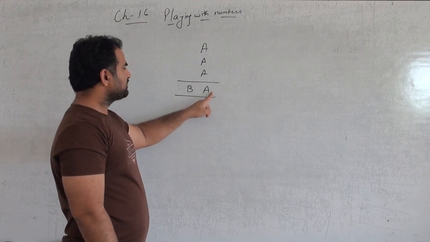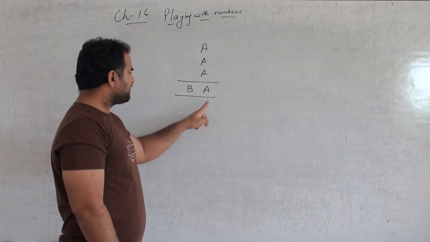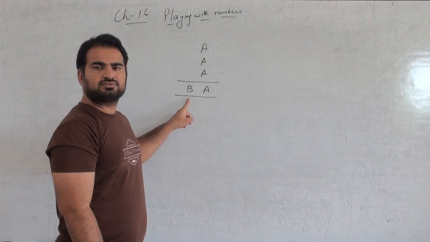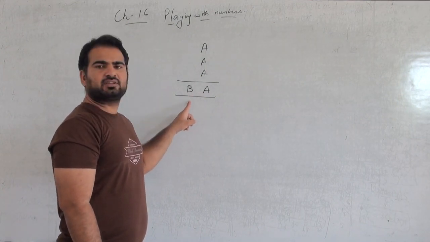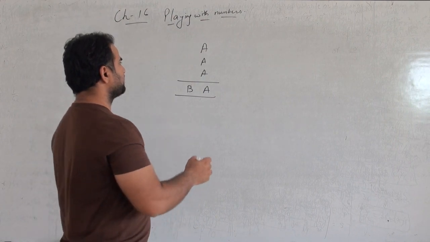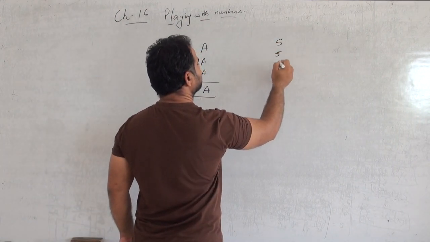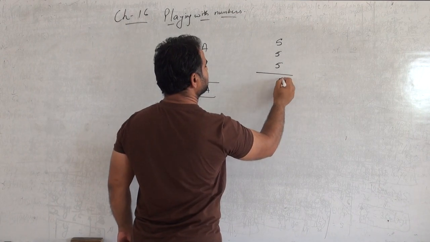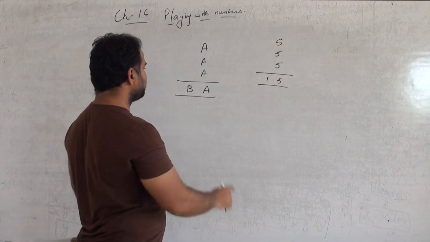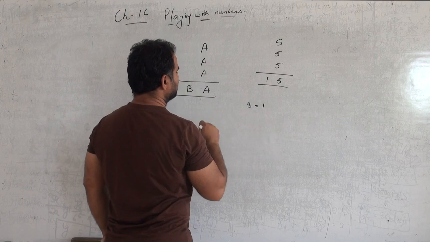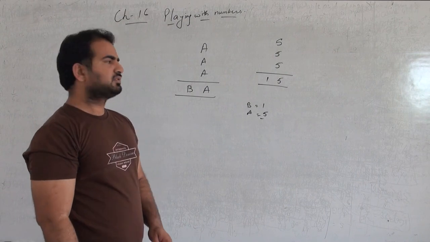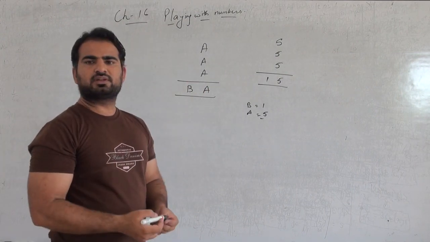Okay, but if it is 0 then there must be nothing, and a and b are different, so there must be a number which is not equal to 0, because if it is 0 then there should be a there. So what we can do is we can write 5 there. So it will be 5 plus 5 plus 5 which gives 15, and 1 at this place. So the answer of B will be 1 and A will be 5. So these type of questions you have to solve in this chapter.